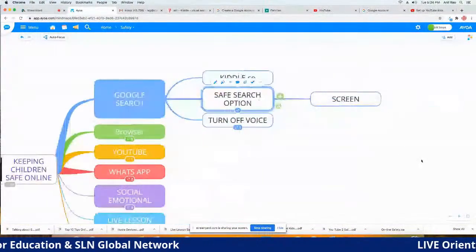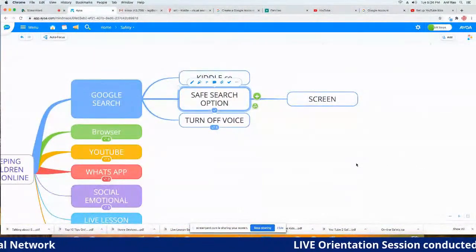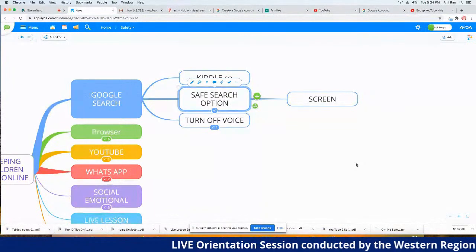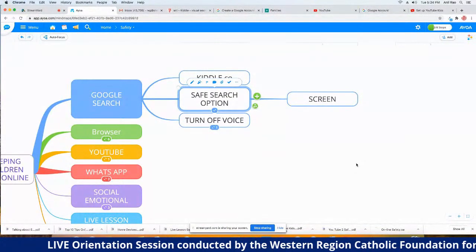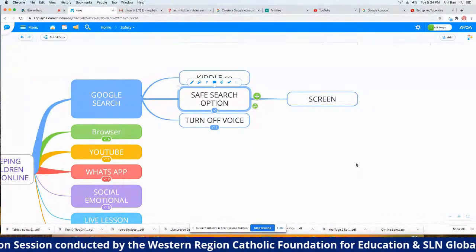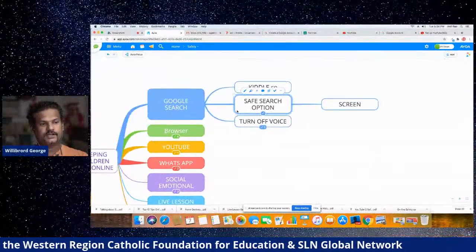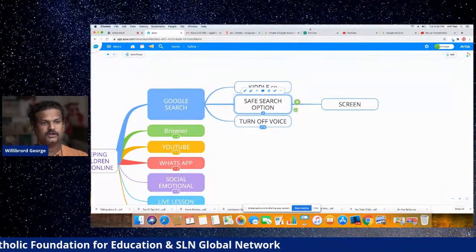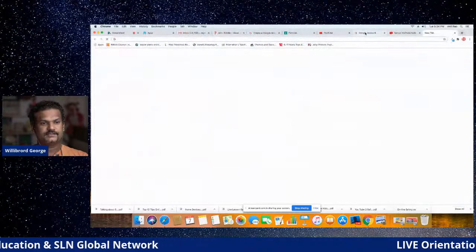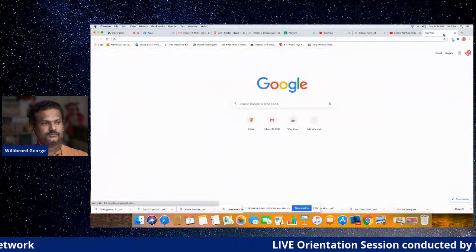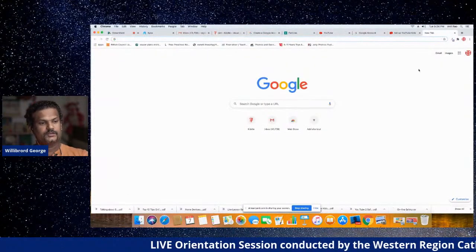The second option, as Vinod sir told you, is the safe search option. What if you're not part of a Google Classroom, and your child is going to be doing online research? Then you want to look at the safe search option. So how do you set up the safe search? Let's say you go here to